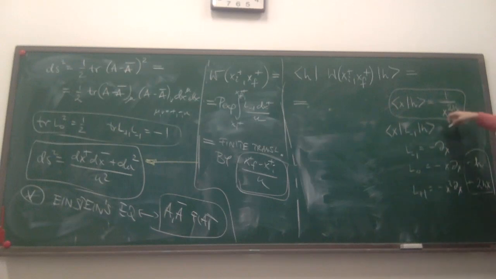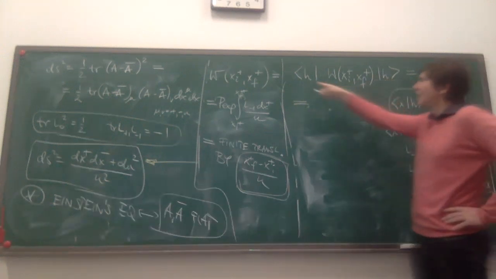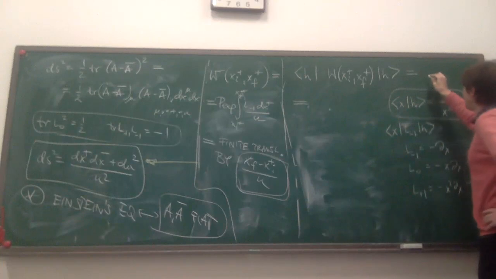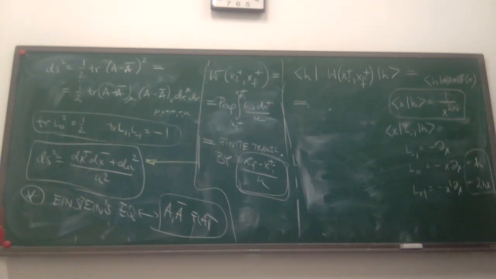So primary is this, and then the descendant would be minus d/dx applied to this object. A second descendant would be minus d/dx applied twice to this object, and so on and so on. So different states in a given conformal representation are represented by different functions of the variable x. There is one more thing I need to tell you, which is we see an h bra here. I have to tell you what an h bra is. And an h bra turns out, in the x representation, to be the delta function.